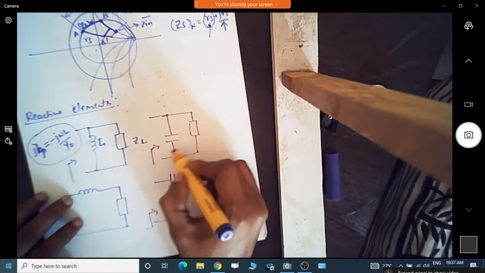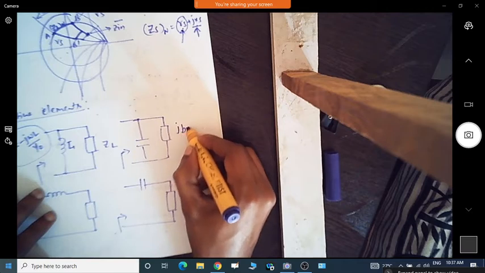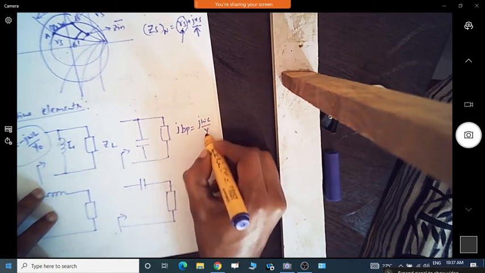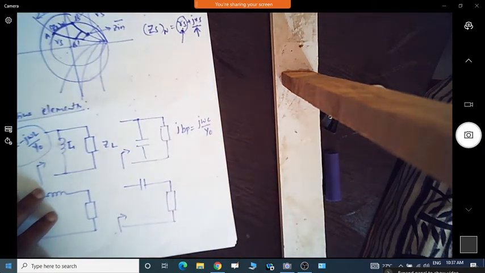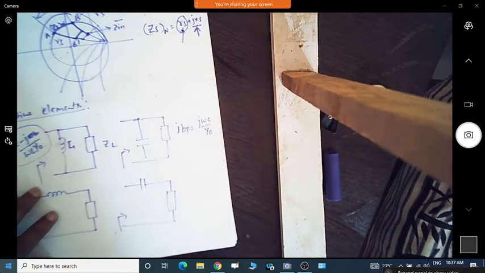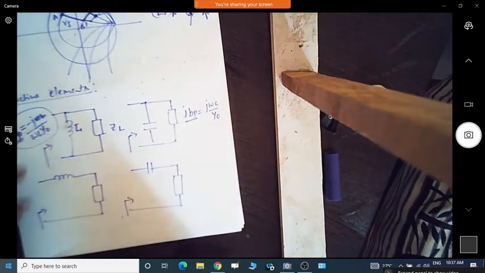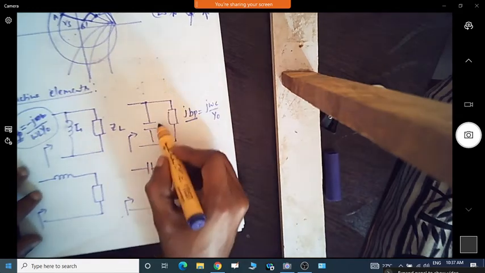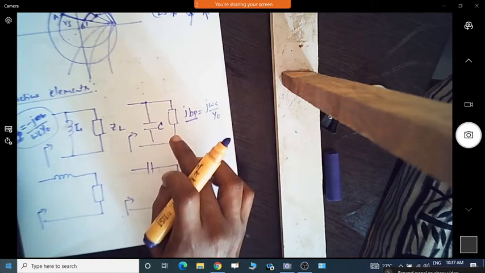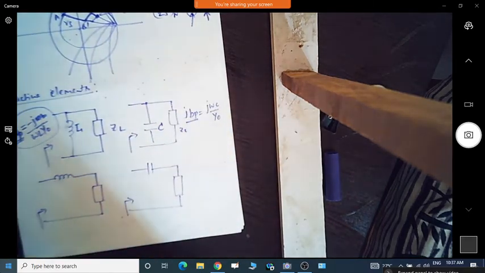Now similarly, if I have the capacitive susceptance, that is JBP, the parallel capacitive susceptance, it will be given by J omega C by Y naught. Sorry, the inductive one is minus J by omega L Y naught, and this is J omega C by Y naught. So this is the susceptance offered by the inductor and the capacitor. For a particular value of capacitance or inductance, we have to find these susceptance values. Then we can add them to the load admittance and get the input impedance.